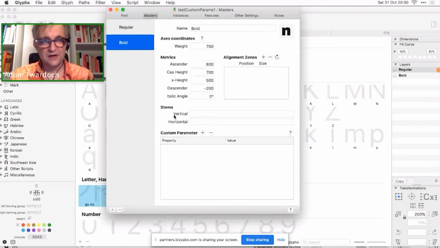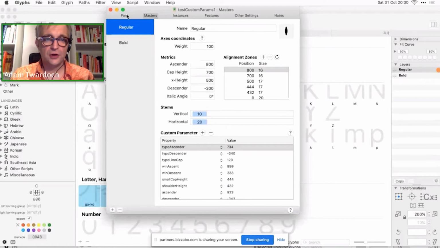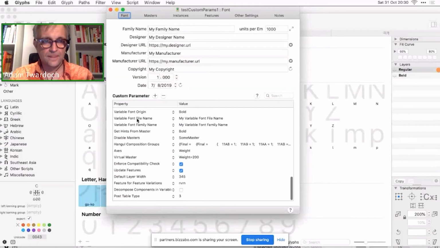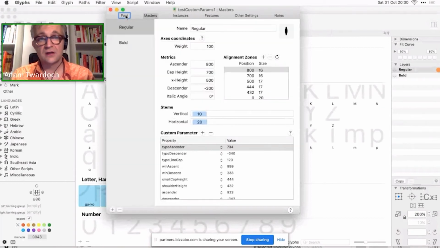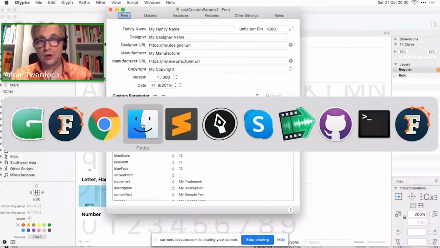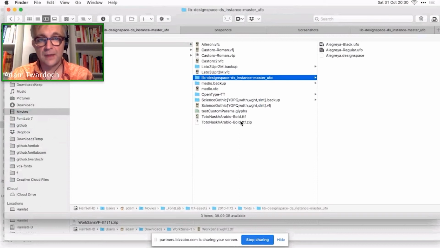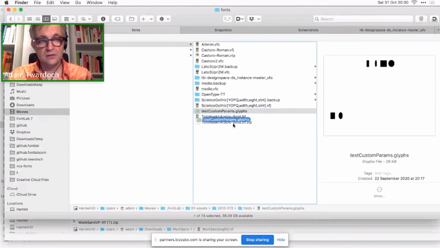This doesn't have any, this has a bunch. You could think of the custom parameters as being something like the lib. Since Glyphs has the font custom parameters and the master custom parameters, now when you open a Glyphs file in FontLab,